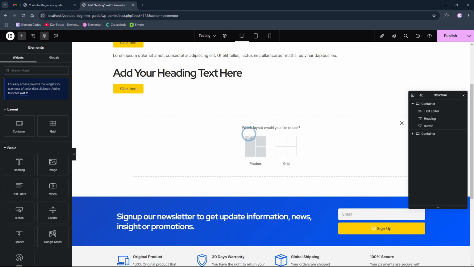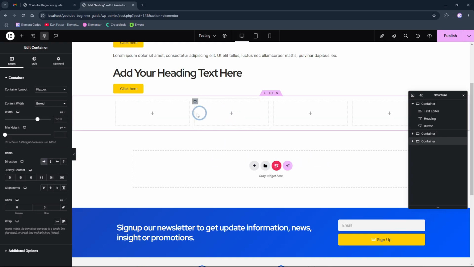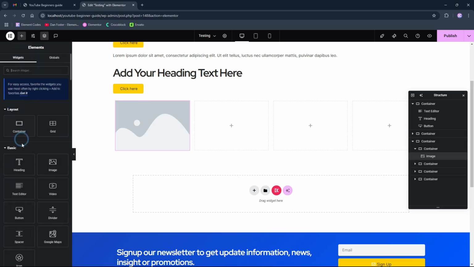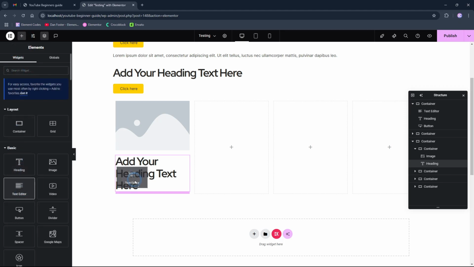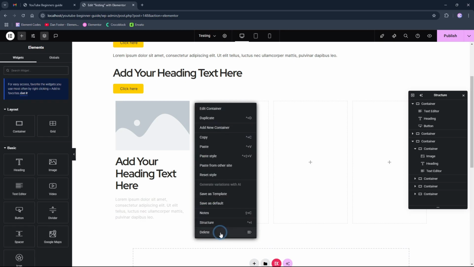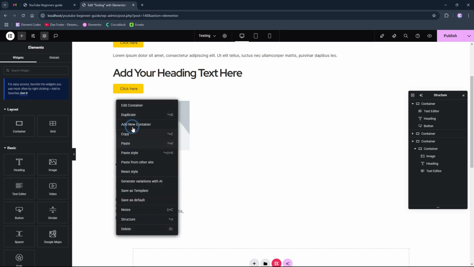In order to build multiple columns, for example, you can go from here and select the 4 columns like this, and we can quickly populate it with the image container, for example, title container, and the description container also. And we also can, in order to duplicate it, remove the already existing 4 columns and duplicate the existing